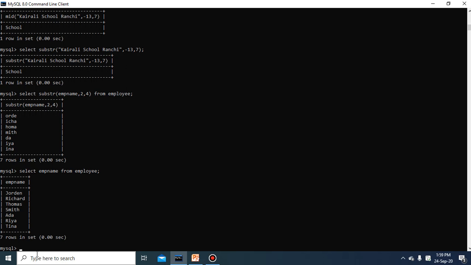The next function will be lower, which we have discussed. The next one is the ltrim function. Ltrim means from the left side you are going to remove the space. It is basically used to remove spaces from a string. Suppose I provide this much space and then write Carolee, then it will remove